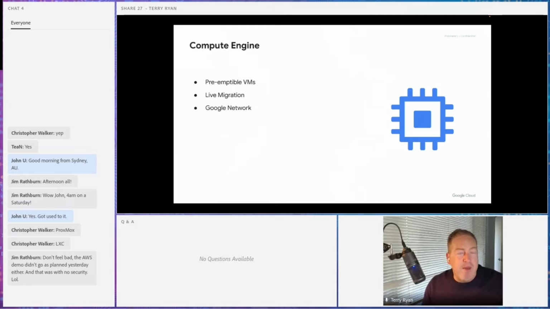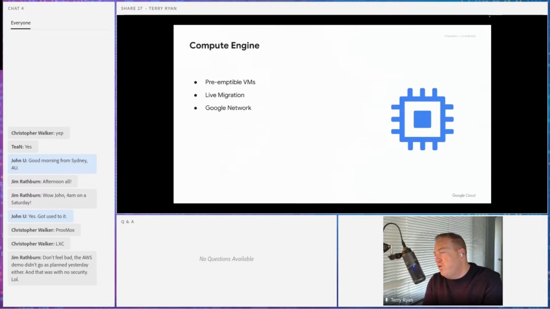There are some reasons why maybe you would not want this happening under the covers, but for most use cases, live migration is just a great way of making sure we never affect you in terms of maintenance. So that's a pretty cool thing. And then I'll talk about this in a second. One of the other things that